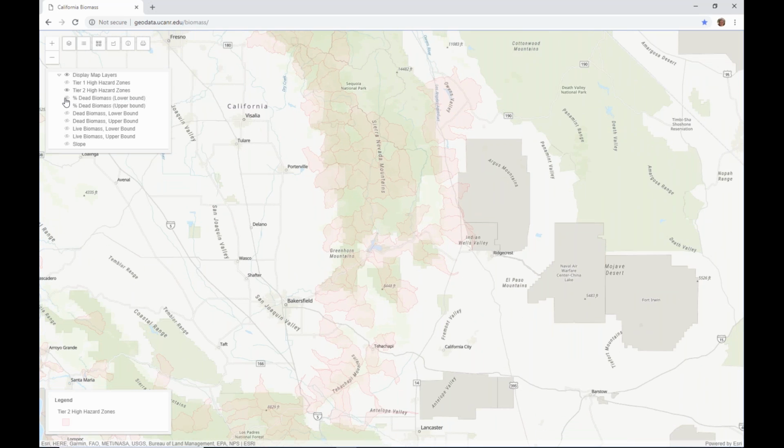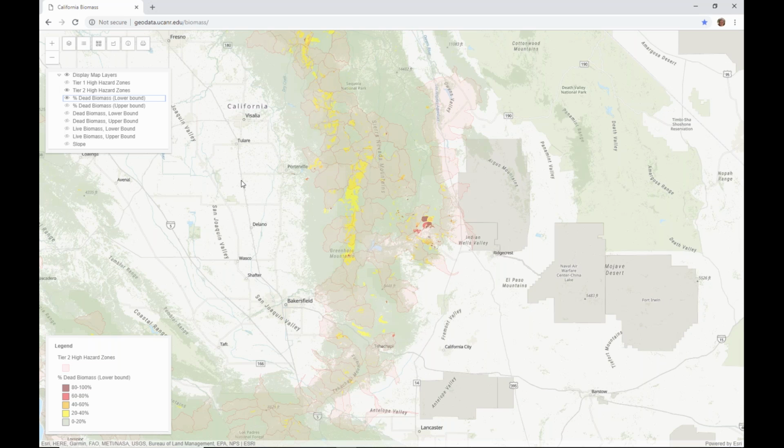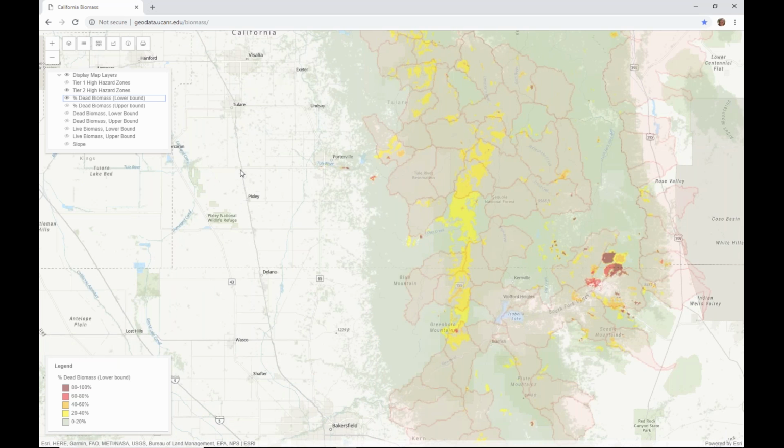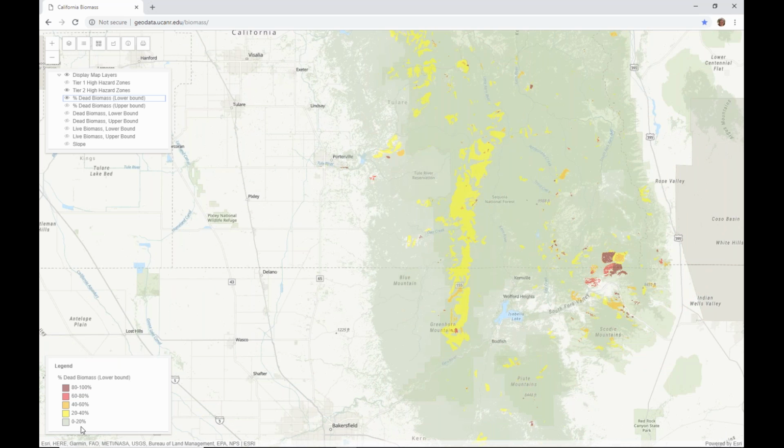Next layer I'll show you is percent dead biomass lower bound. So this is a percentage of how much of the live biomass in 2012 was dead by 2017.